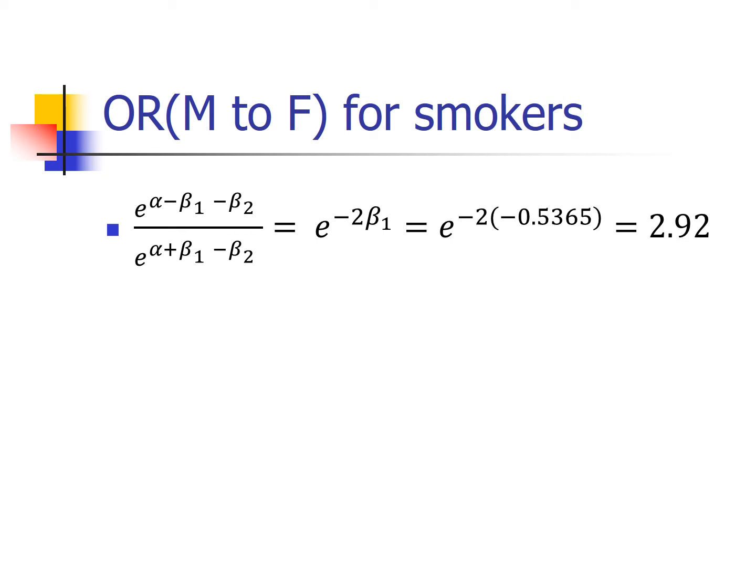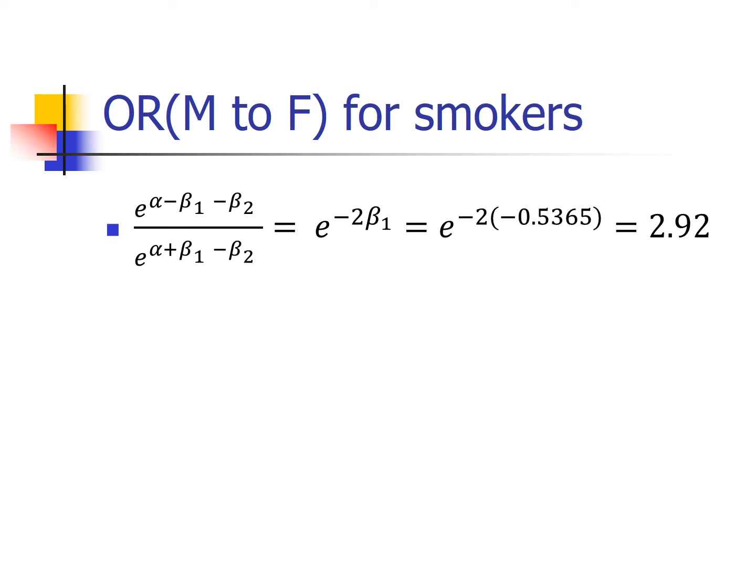Similarly, for female smokers, I exponentiate alpha plus beta 1 minus beta 2. And now I simplify that. If I simplify that, I have e to the negative 2 beta 1. Which, if I plug all that in, I still get the 2.92. 2.92 is what we observed last week. So again, I get the same formula. I get the same